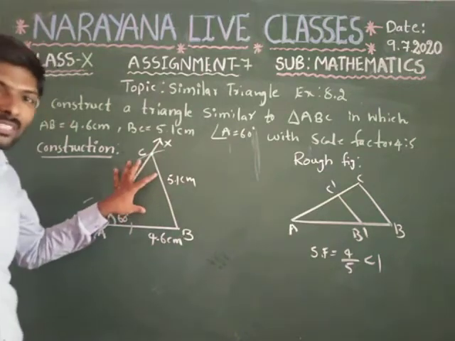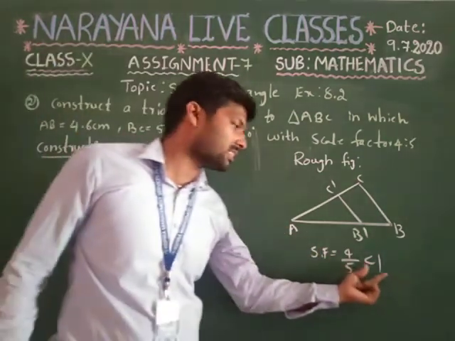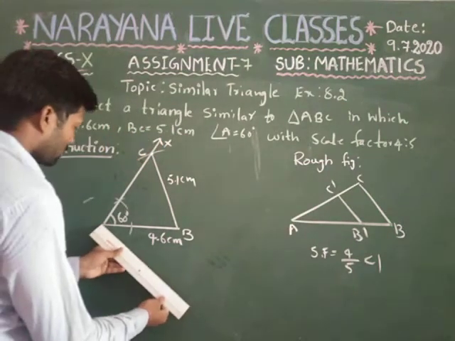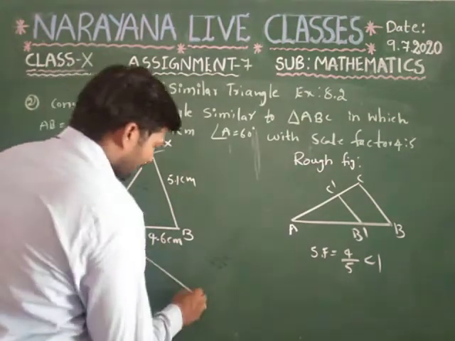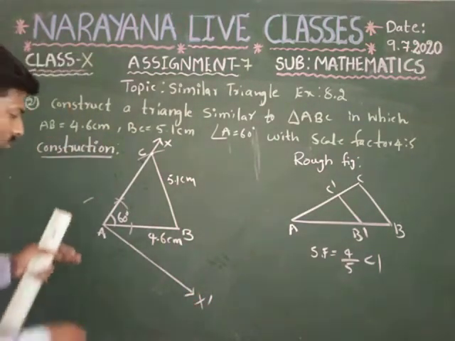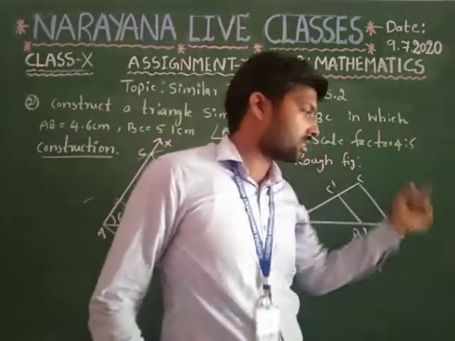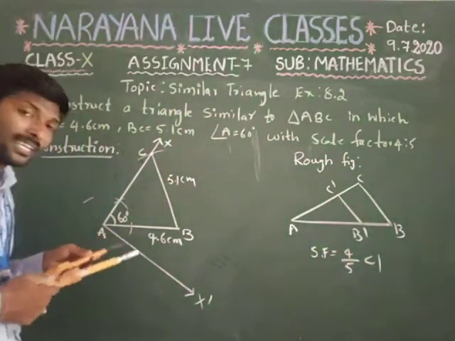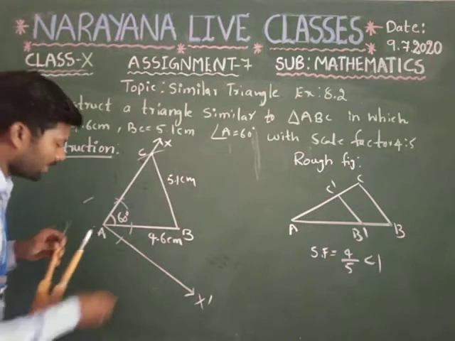Based on this basic triangle, we have to construct a similar triangle, which will be a compressed triangle, because the scale factor is less than 1. Before going to that, first we have to draw a ray AX dash, which makes an acute angle with respect to line segment AB. First we have to divide this ray into totally how many parts? I divide it into 5 parts. With the help of the compass, take any length as a radius, take point A as a center, and mark A1.